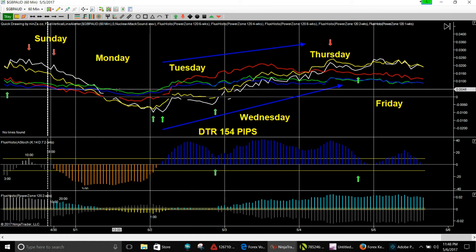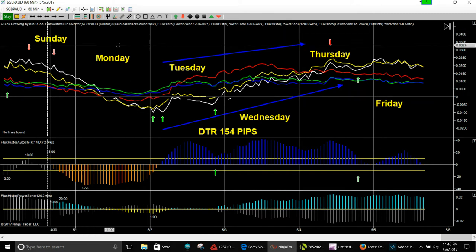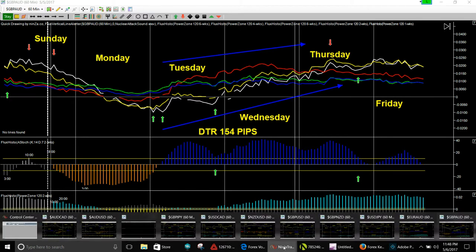Now, this is what I like to see. Nice straight down move, nice straight up move. Beautiful. Okay, so that's the pound Australian dollar. Next up is going to be the pound New Zealand, which is